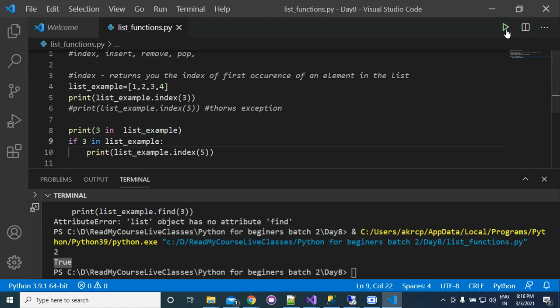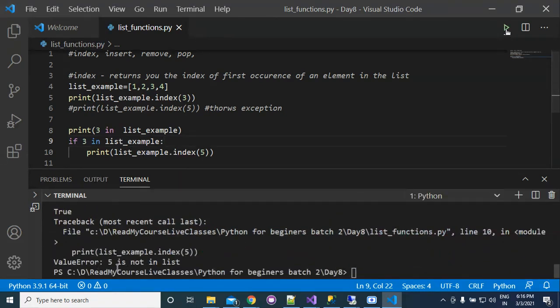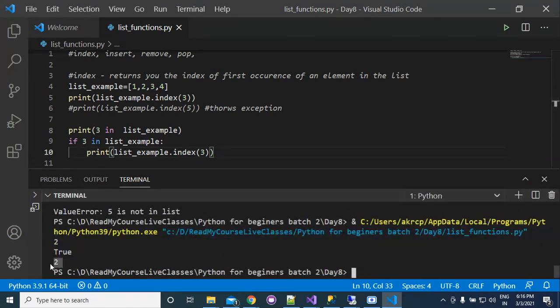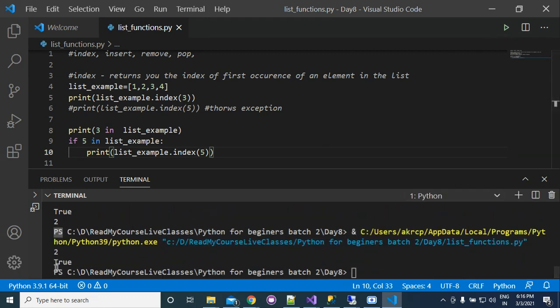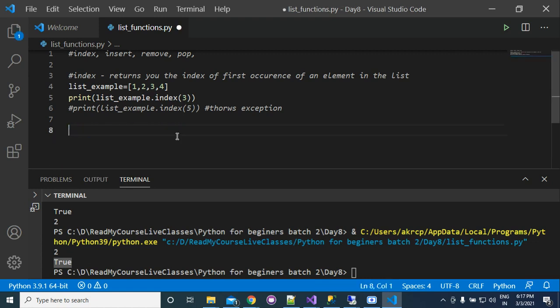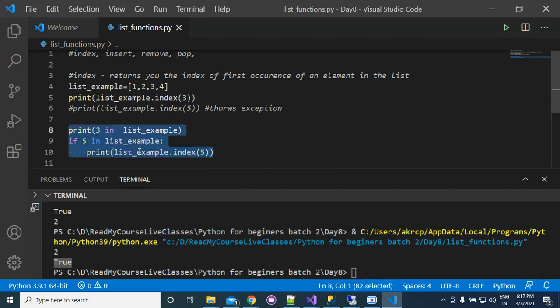So this is by using if else. You can only do this by using the if else. So what is this returning? Not 5, so we will write 3 here. It is returning 2. So this program will not give you the exception. Next you can run this program for 5 also. So it is safe now. This condition will be false, so it will not be executed. So don't care about this. We have not covered if else right now. I was just giving you an example of how you can do this. So I'm just commenting this out. You will see it in a later class.